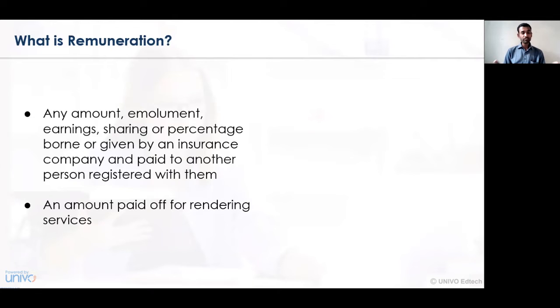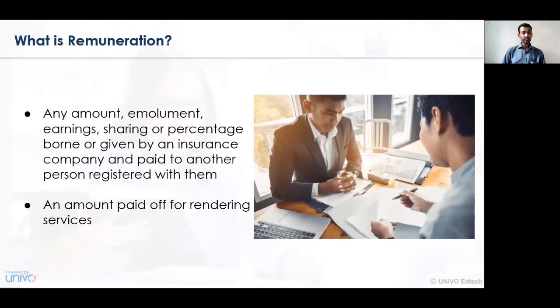But in terms of services, it is, for example, a health service. Now, for rendering of health services, that is, you take a treatment at a hospital. This treatment at a hospital and the bill that has been reimbursed by the insurance company comes under the purview of rendering of services. So the services that have been provided by a hospital, the services that have been rendered by a life insurance company, such types of services are also being paid or compensated. And hence, there is a concept of remuneration.